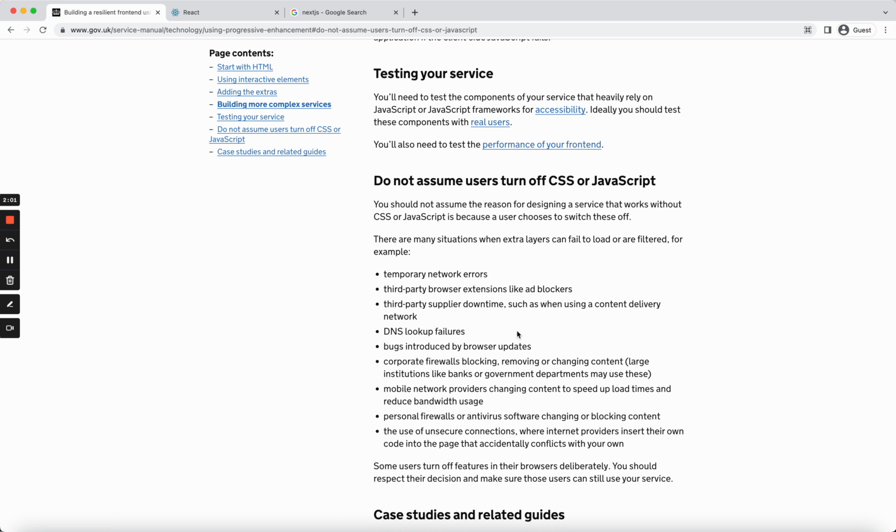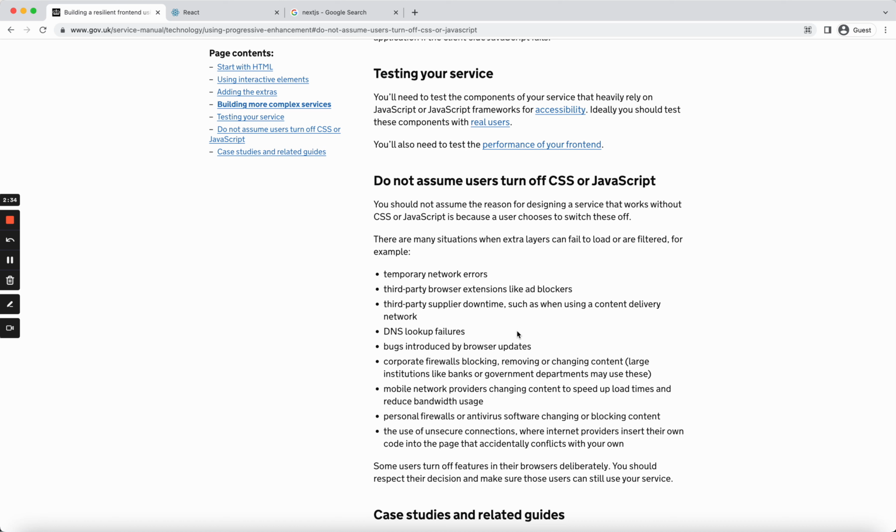So you might be on a 3G connection, or your internet suddenly drops, or partway through while assets are being loaded up, especially when you have a large application and the performance and the optimization, minification of those assets haven't been done properly. Those assets take a while to load, and what happens is, if the JavaScript scripts don't load in time, the user sees the HTML, but they won't see any sort of interactive elements,